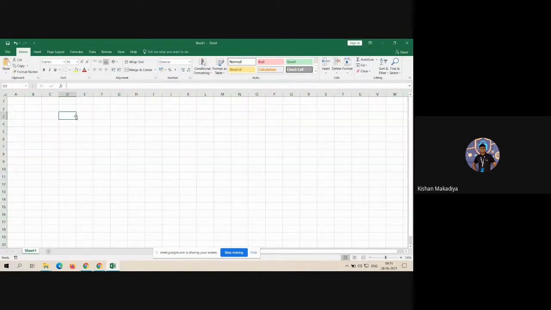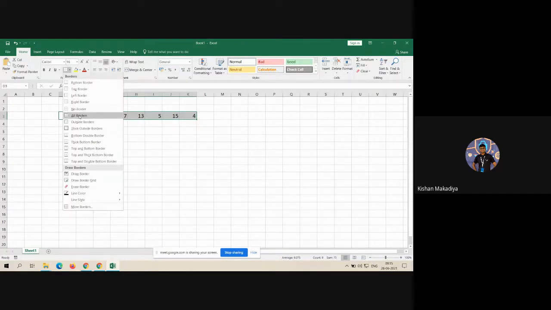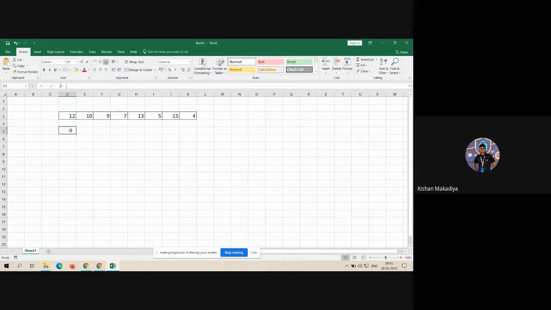Okay, let's take an example. For example, I'm writing random numbers here, and I apply shell sort. So how many numbers are here? n elements, that's 8.